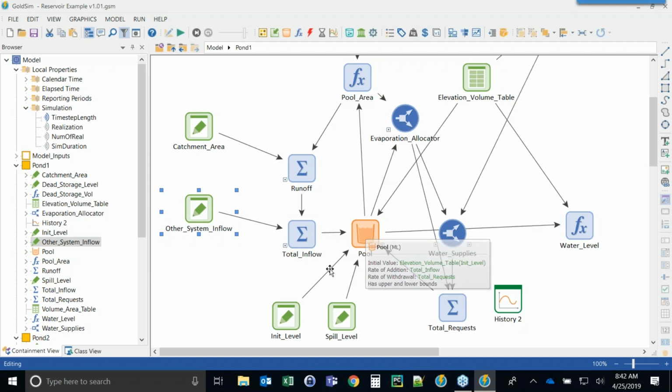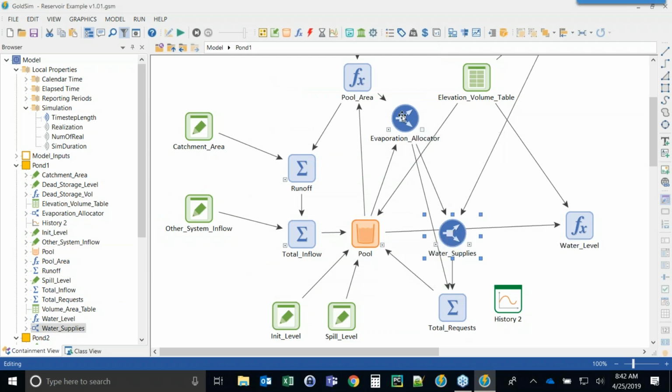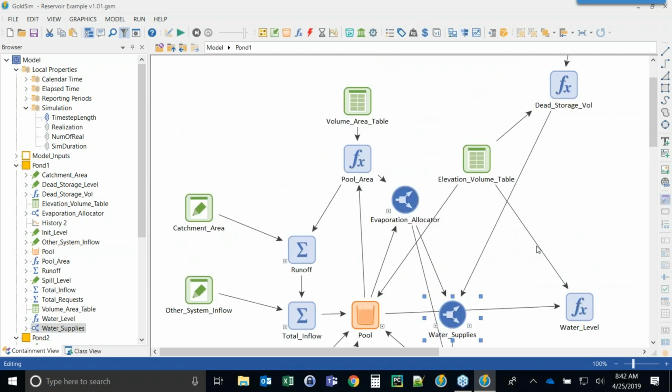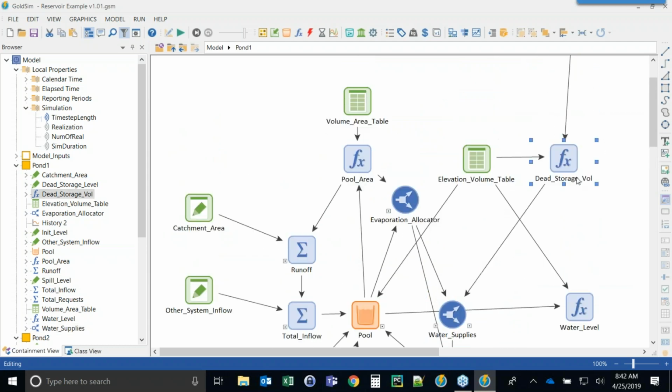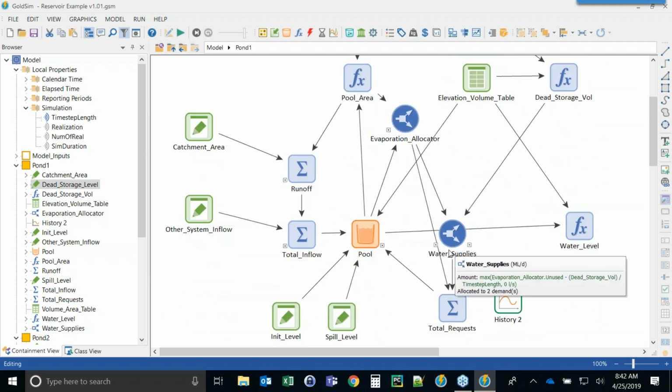And then we add those up and we put those into this reservoir. Now it's called pool, but it's really just a reservoir element. This is your typical reservoir element here. And then we use this allocator. In fact, this model is using two allocators, one for evaporation and then one for water supplies, because the way that it's working here is it says no water supply can be delivered if the water level drops below some value. In this case, a dead storage volume, which is defined there. If your water level ever drops below that, then you have to curtail your water supply. We obviously don't do that for the evaporation, and that's why we have two of these going on here. Okay, so